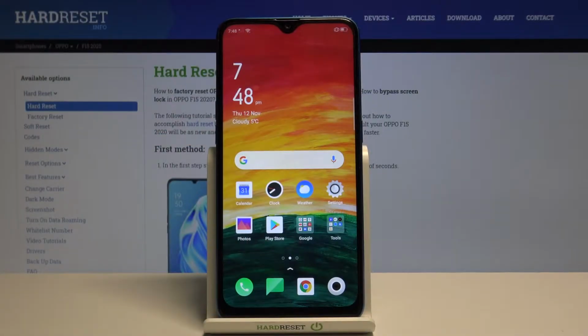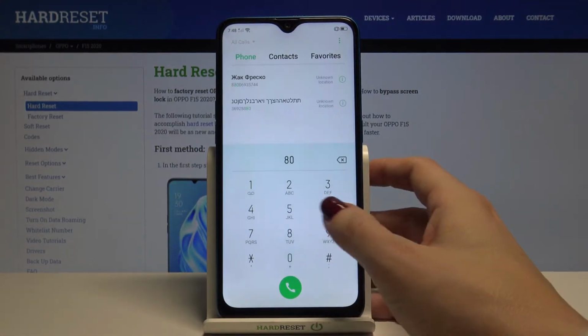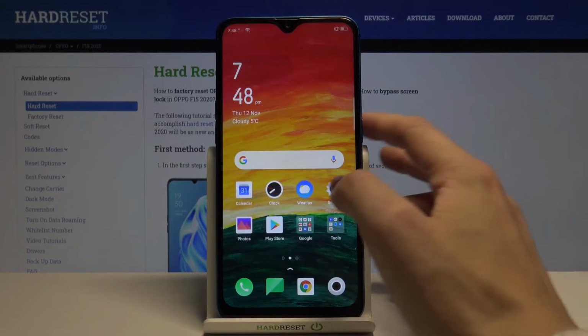Here I've got OPPO A15 from 2020, and let me show you how to activate dial pad tones on the following device. So let's check if they are active or not. As you can hear, they are muted, but if you would like to hear each digit, just open the